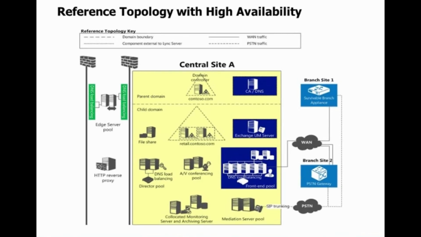In this diagram, we also have some dedicated pools, the audio-video conferencing pool and the co-located monitoring server and archiving servers. Well, for the sake of the diagram, they've expanded these out, but these now run co-located on your front-end servers. Here you can see that I have my mediation server pool, and the mediation server pool can either be co-located on the front-end servers or they can be dedicated. In this case, it looks like we're using dedicated mediation servers for handling the connectivity over to our SIP trunk. The mediation server handles intercommunication with PSTN gateways, IP-based PBXs, and in the case of your SIP trunk, with your